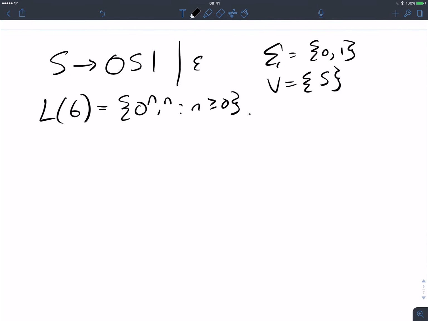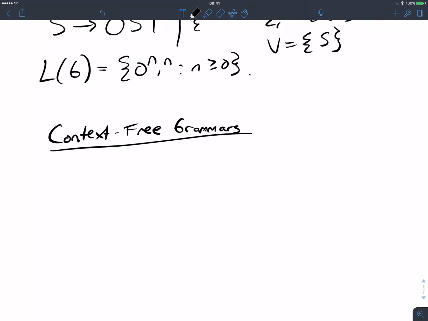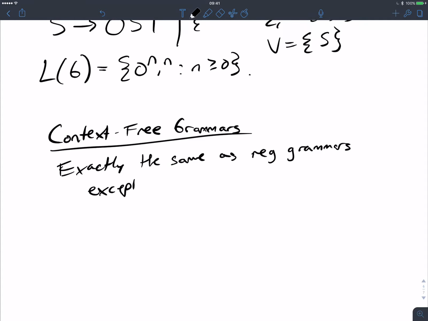So these things are called context-free grammars. Exactly the same as regular grammars, except they have rules of the form,